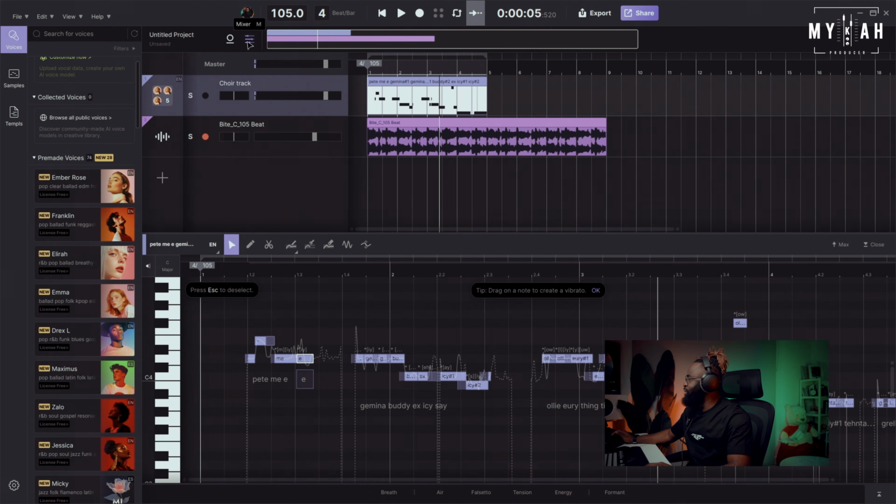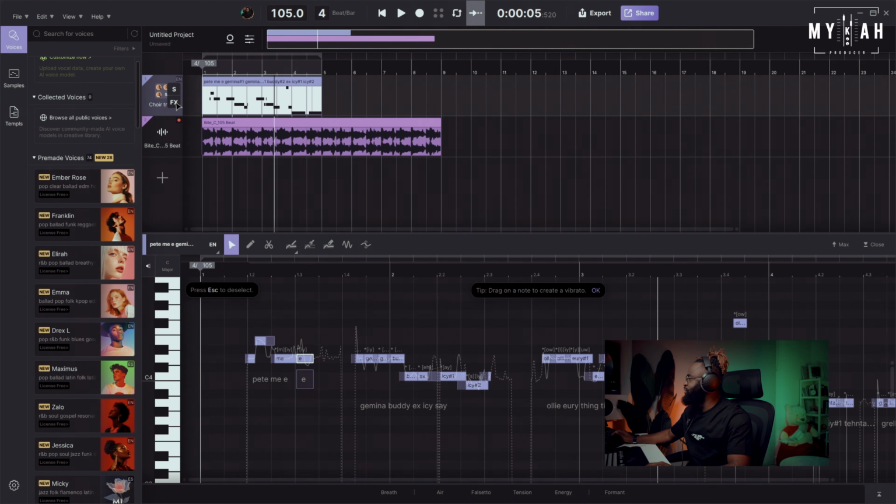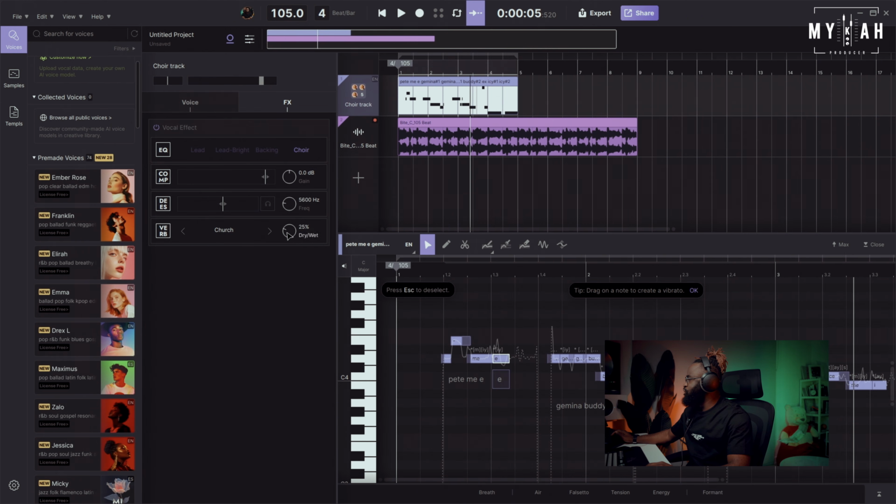So I feel like the reverb is a little bit much, so you can come over to the FX, and this is the reverb, church reverb. So I can just bring it down a little bit, and